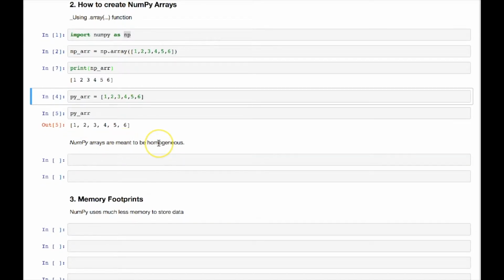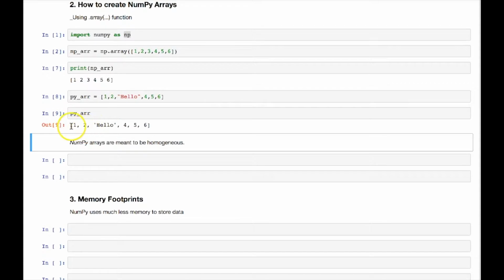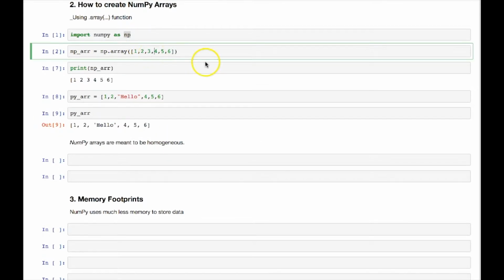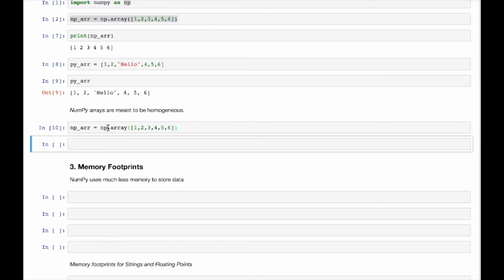NumPy arrays are meant to be homogeneous. This means that in the Python array, if I change one of the elements from integer to string, the first two will remain integer and hello will be string, and 4 5 6 will remain integer. But what will happen if I do the same to NumPy? So I'll go ahead and create the NumPy array over here again, and let me just print the NumPy array,